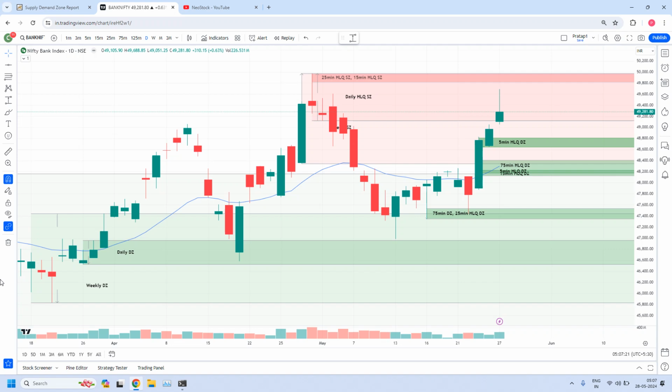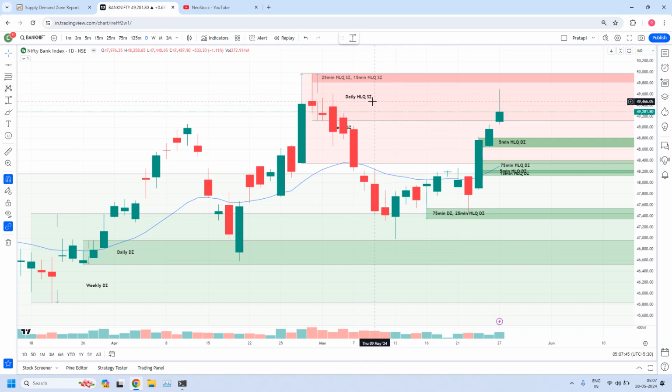In this video, let us have a quick analysis on Bank Nifty. So this is the most recently available daily high liquidity demand zone, and this was created on 3rd May. We have a rally, two base candles and a drop candle, and it was a high liquidity supply zone, daily